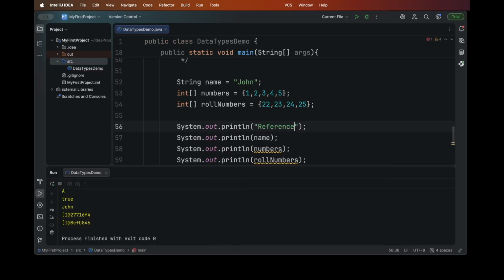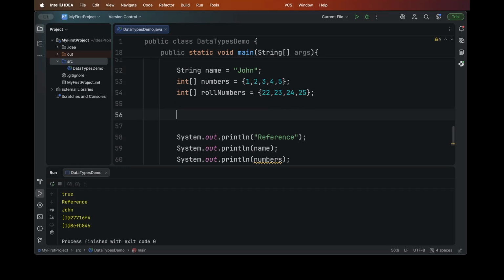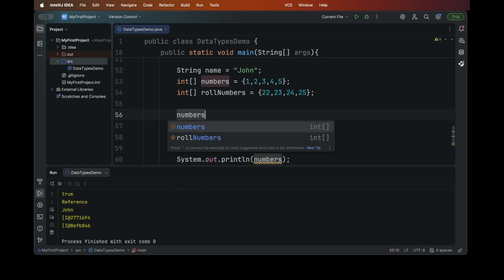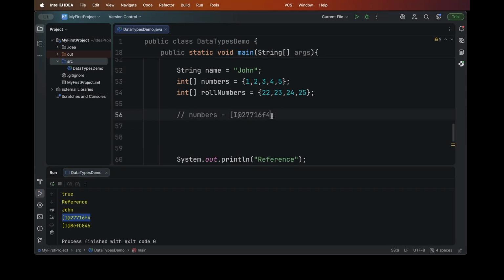Reference variable. Now if you run this program, you see the reference John is printing because it's a string. I'll tell you why. And the other one is printing the address of the numbers. So here what happens in memory: the numbers variable will store this address, this is the address name, and this particular address will have